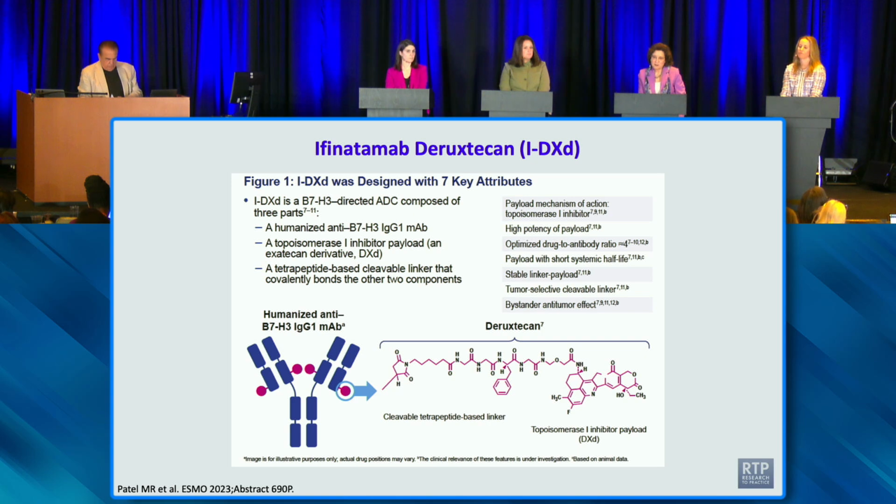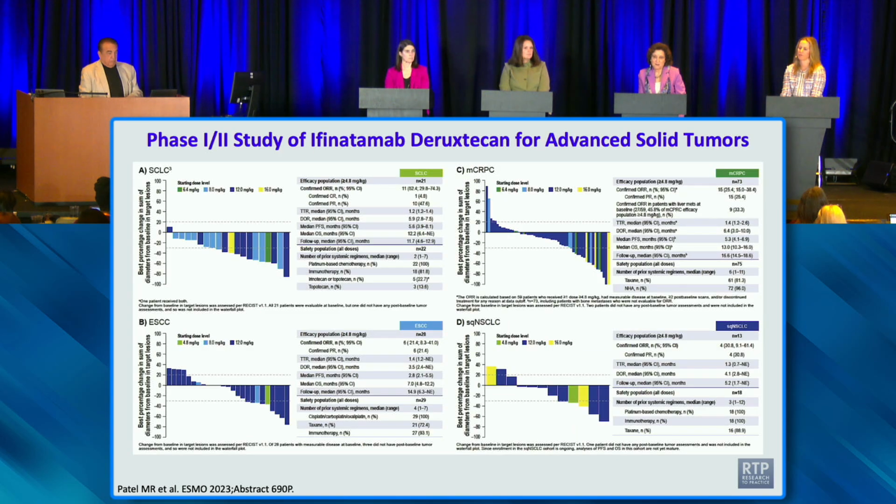And there are early results from these. They do appear to have some efficacy, and this one, Infinitamab, shows, as you can see from these waterfall plots, some efficacy in a variety of settings in different cancers. And we've seen that across the board with these new ones. There's even ADCs that have an immune payload. That's going to be fascinating to see as well. So where these are going, I think, will be fascinating.